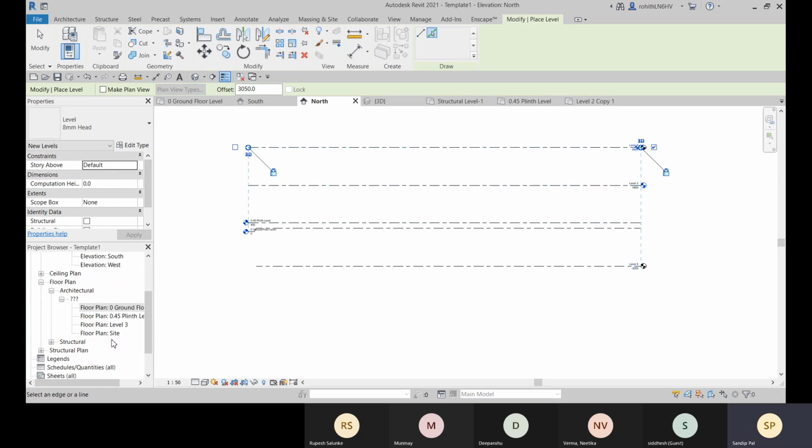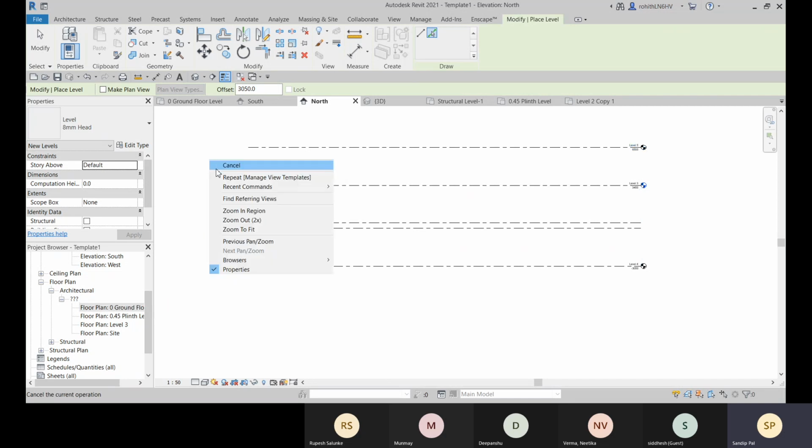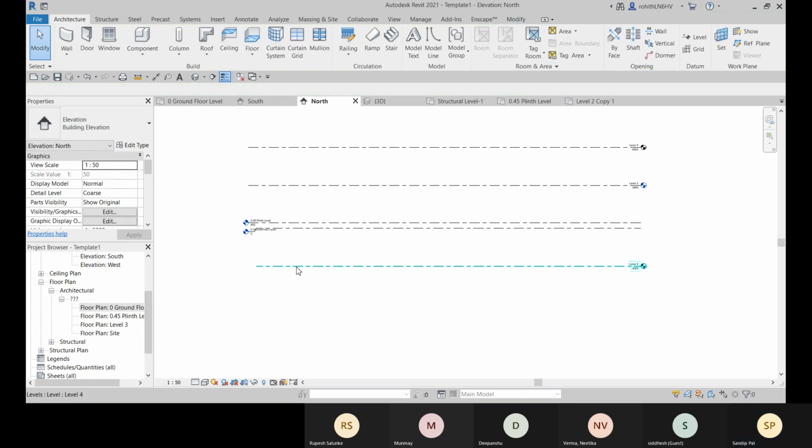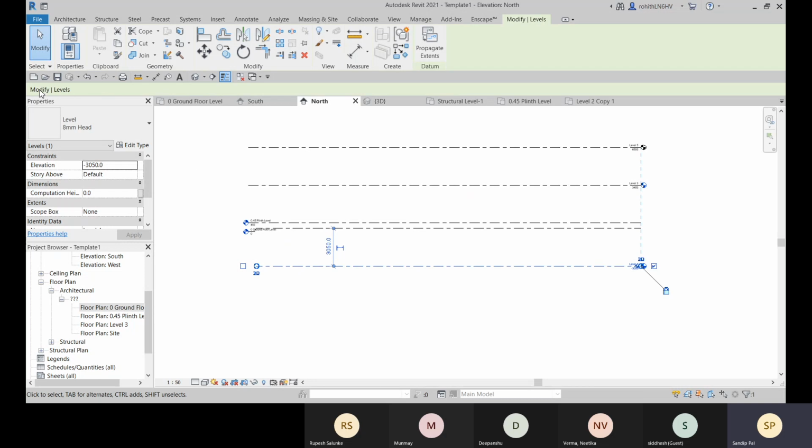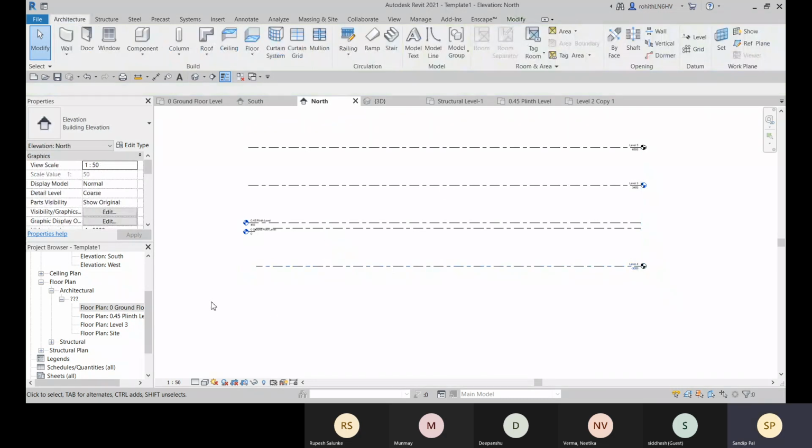And here you can see that these levels are not created within this project browser. As per these levels, no such plans are created, right? So if that happens, suppose that was unchecked in the option bar, how can you add the floor plans in the project browser?